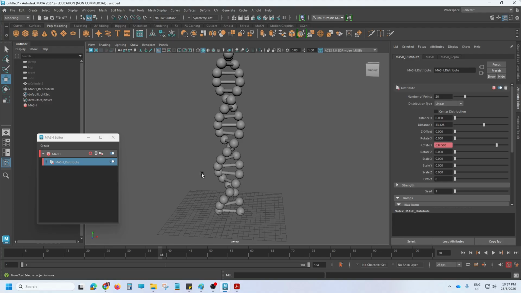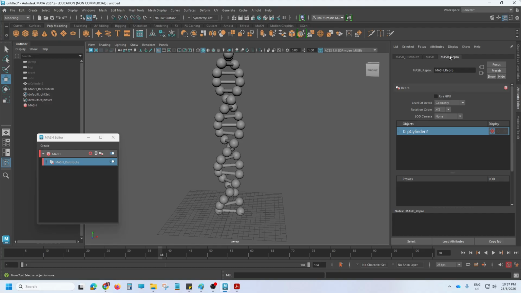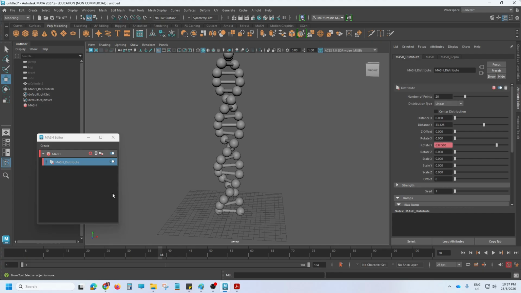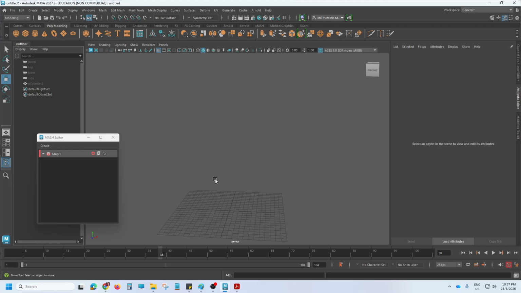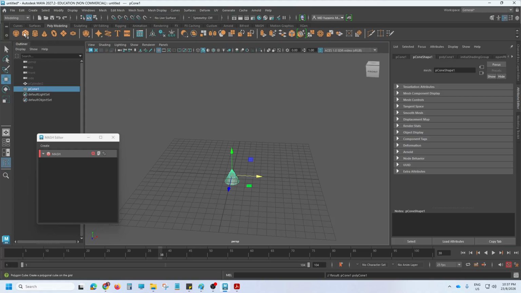Yeah, I did mention that I want to show something about the repro here before we finish our class. Let's delete the mesh again. So let's say I have two objects. I have a cube, okay,